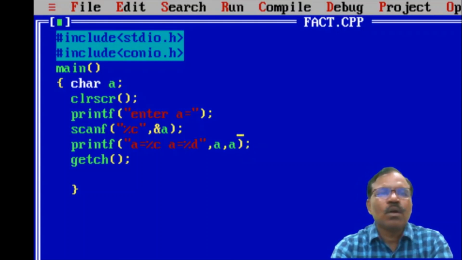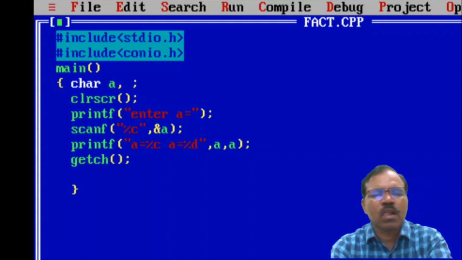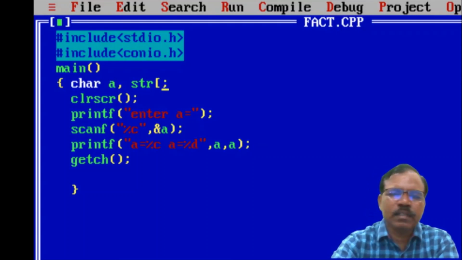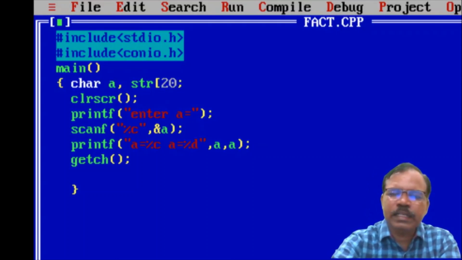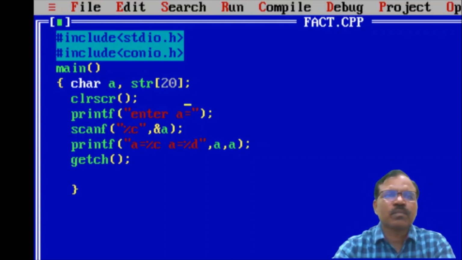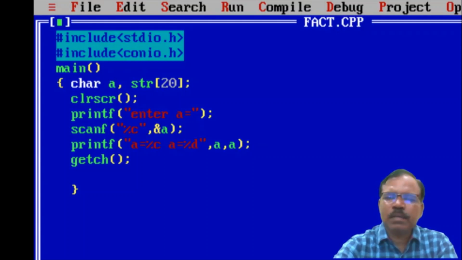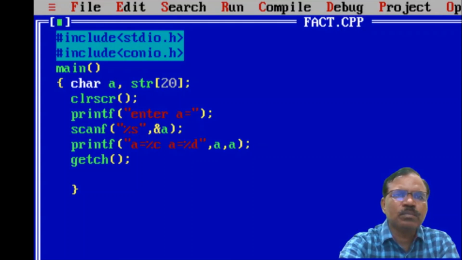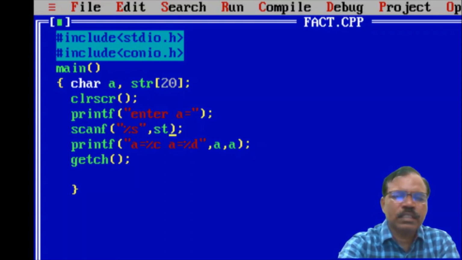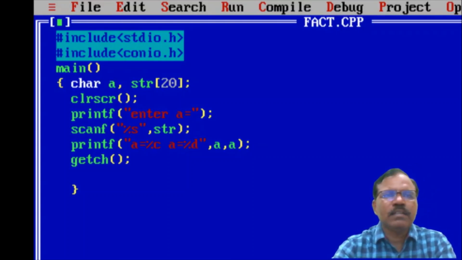Now we can use this to enter a string also. So if I take here str, this is the identifier for string, and I will write here suppose 20, which means I can enter a string of 20 characters, and here simply in place of %c I will use %s and here str, and then print here.